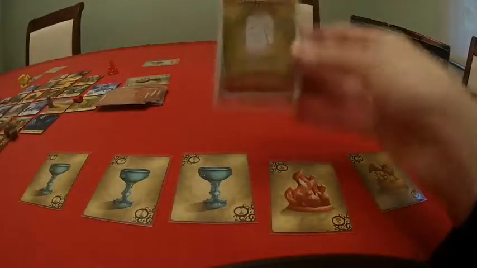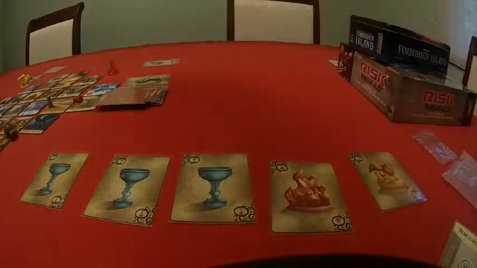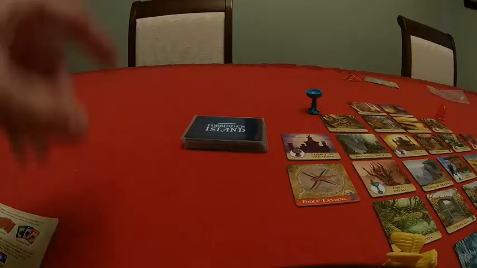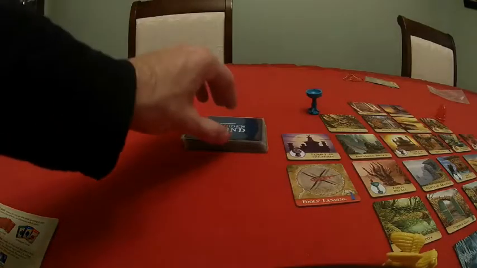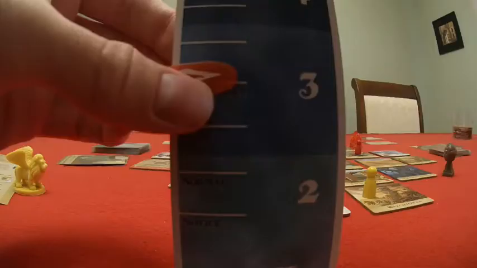However, this is a good opportunity to use up any special action cards, because since you're about to discard them anyway, it's a good idea to use them right now. Now for the third part: draw the flood cards. In order to do this, you must take the top flood cards,